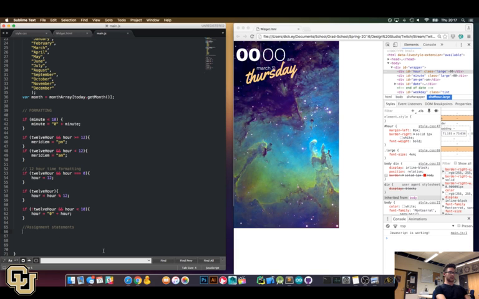Okay, so here's the line. You're going to type in document, and what this is doing is it's saying, go to the HTML that you're attached to. And we're going to get element